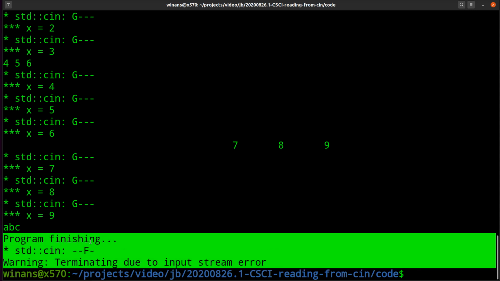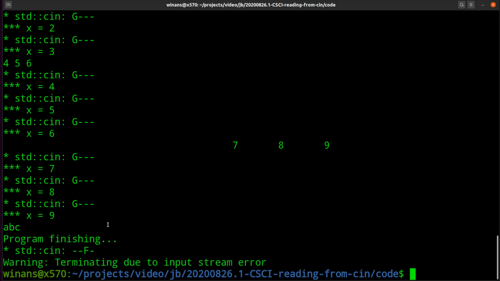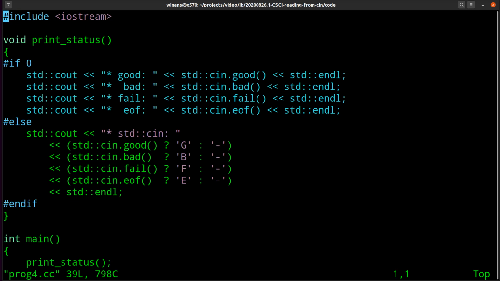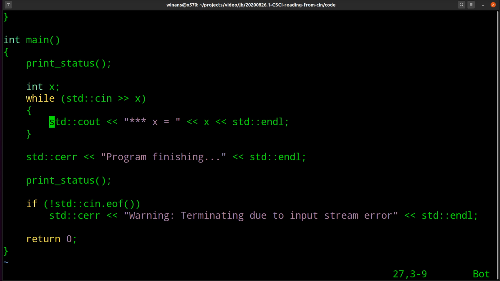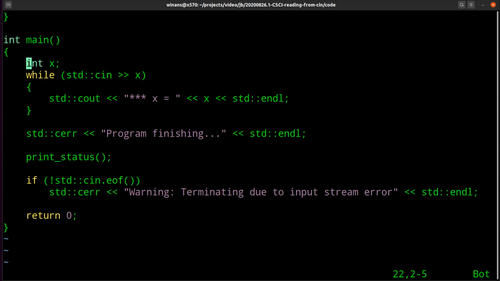I didn't change the ending of the program yet, right? So we're just talking about that while loop. This code right here does the priming read and all of the subsequent reads right here in the loop, okay? Let's stop printing out the status because we don't need to see it, because we know what it is, because the while loop would not continue processing if this was not good. We already know it's always good at the beginning of the program, so let's get rid of that.